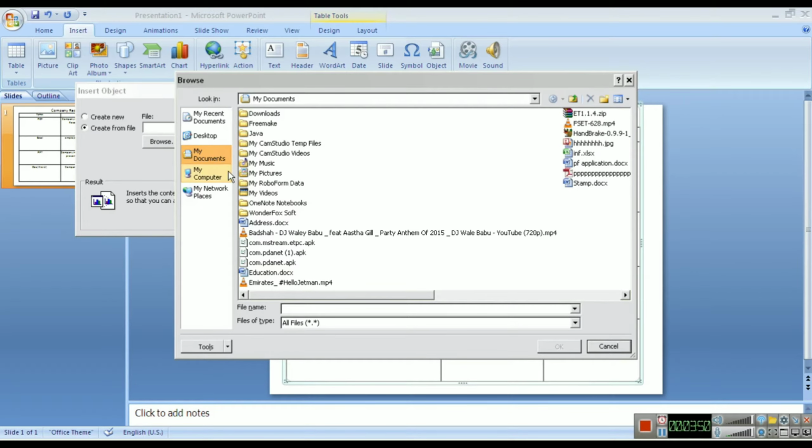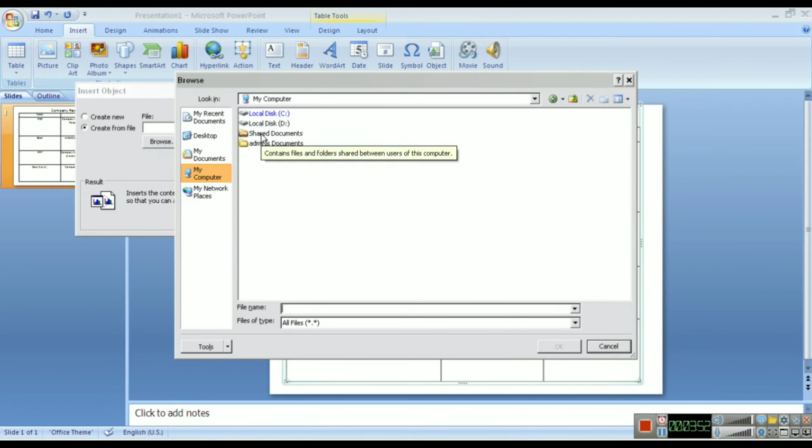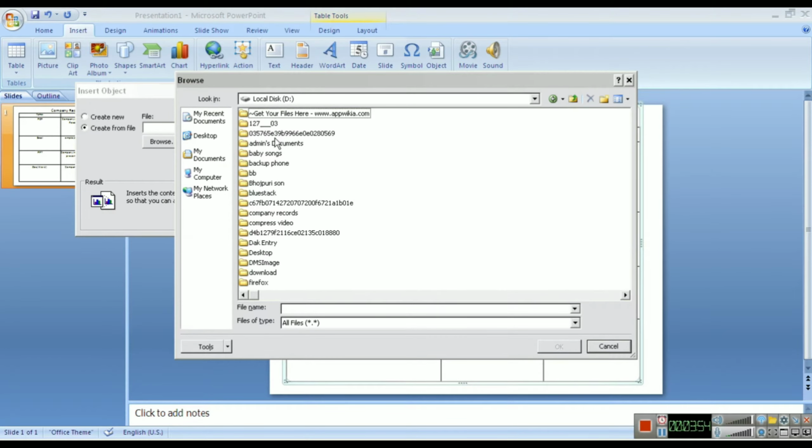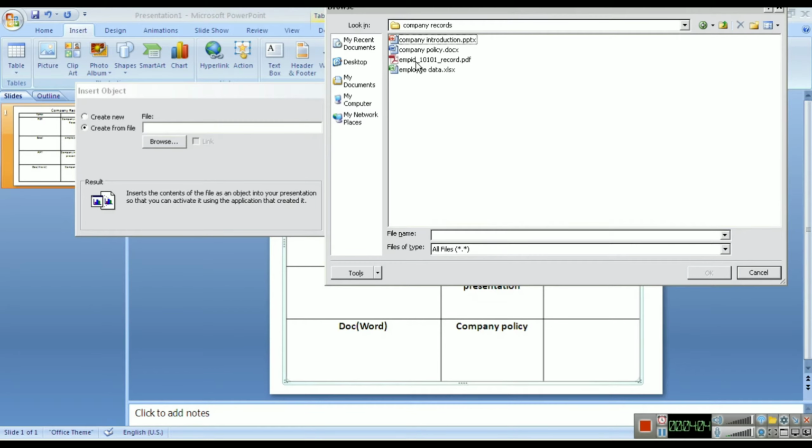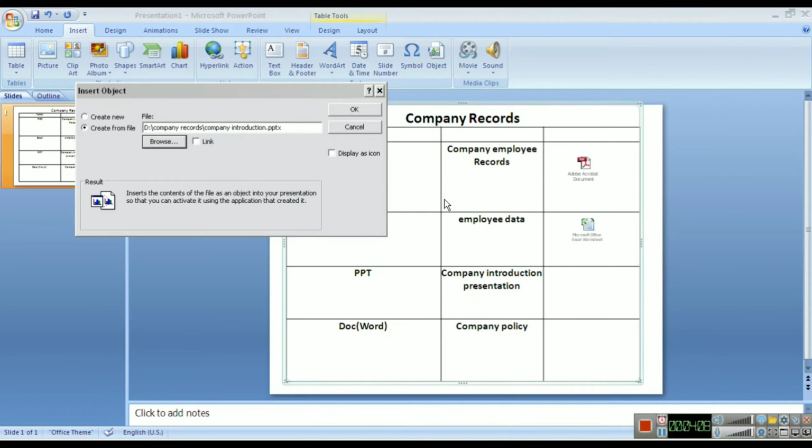I have clicked it and select the file which we have to insert as a PowerPoint. I have selected it and click on OK.